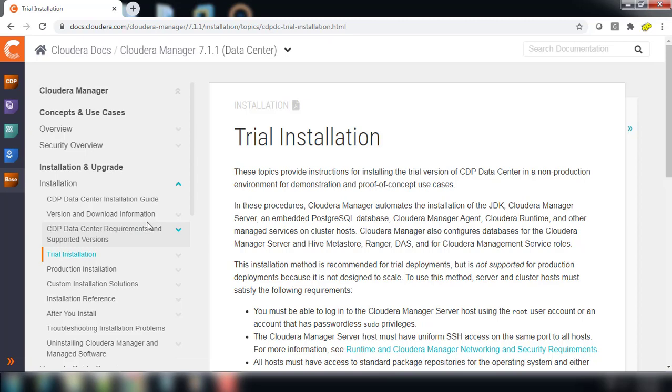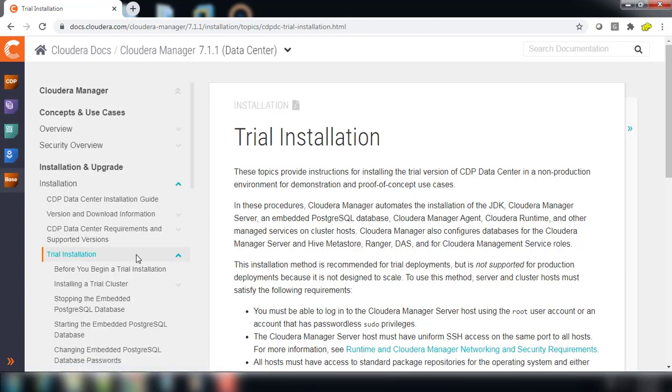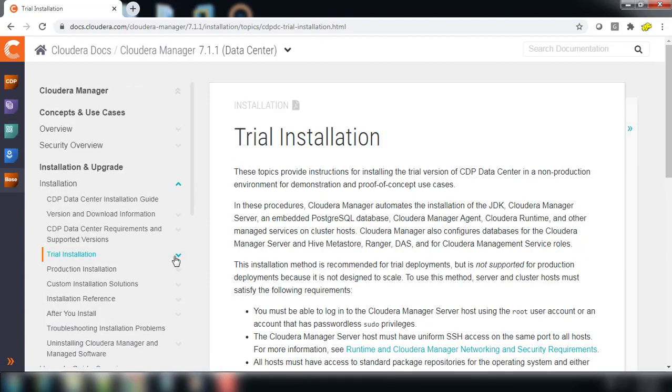If you look into the installation, you can see it is divided into three categories. One is the trial installation, second is the production installation, and third is custom installation. The trial installation helps us do the installation in a quick and easy way.